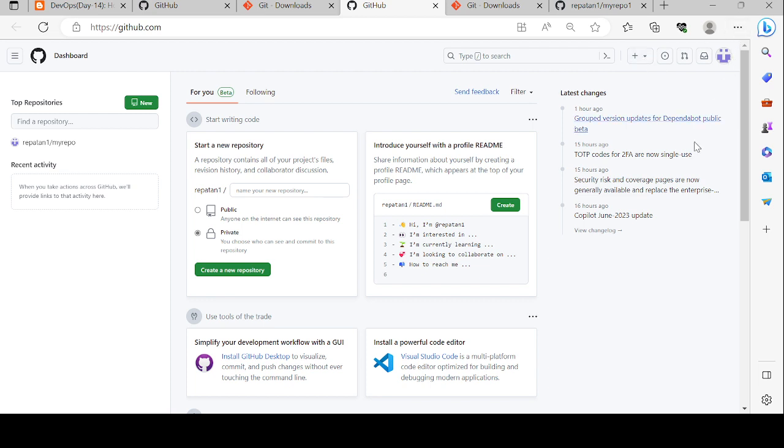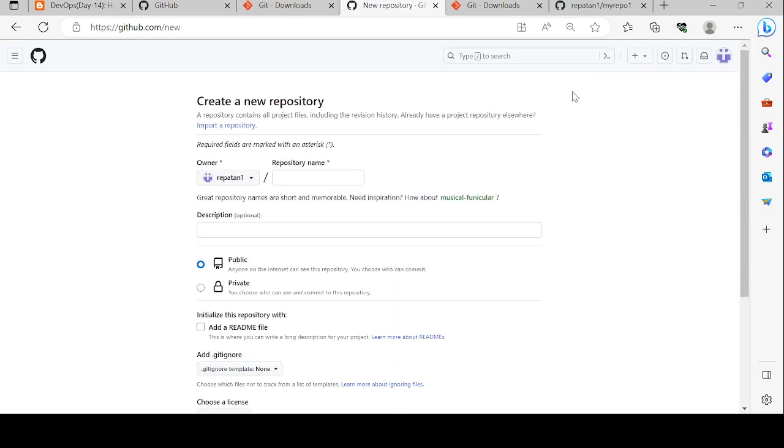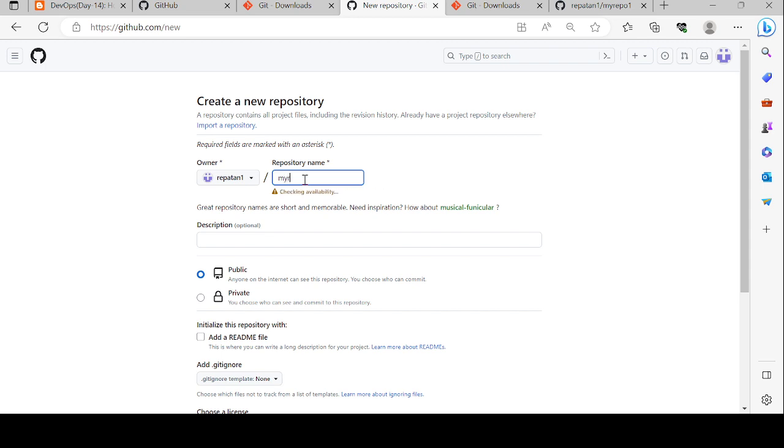After creating your GitHub account and logging in successfully, if you click on here, it will show you some options. Create a new repository. So it will take you to this page. Here give some repo name